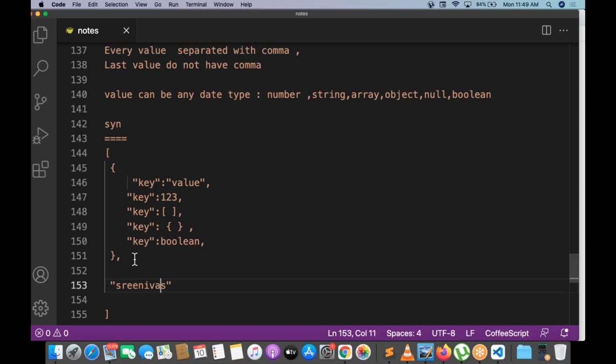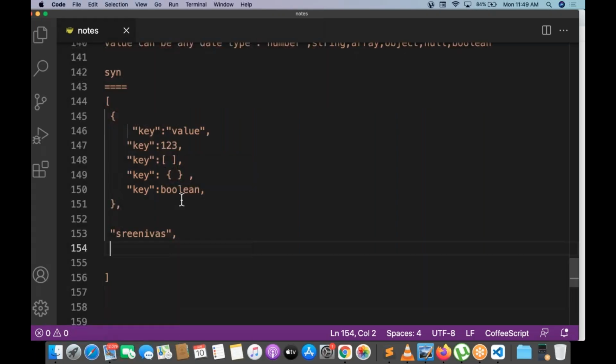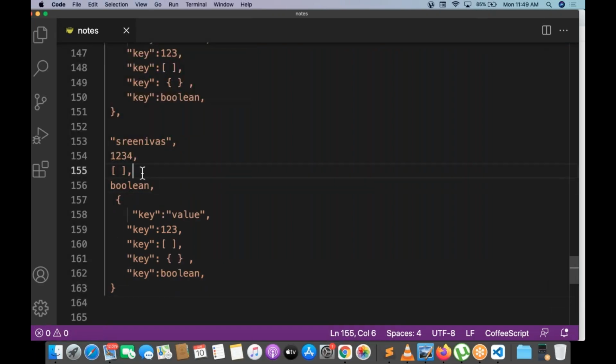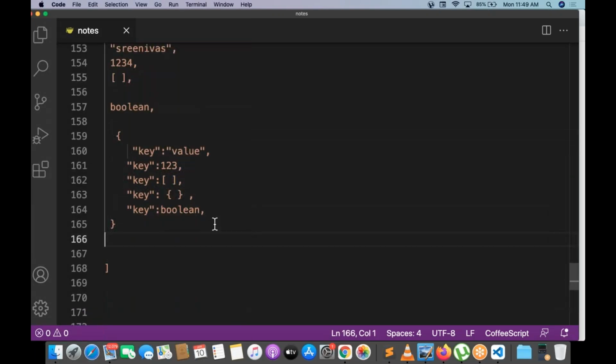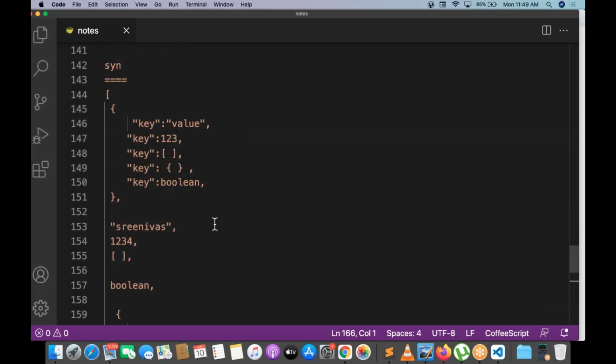The third value may be a number, something like one. Fourth value could be an array. Fifth value could be a Boolean. And the last value could be an object.